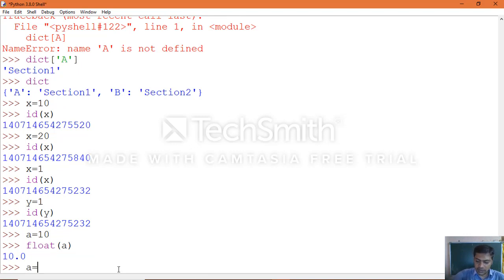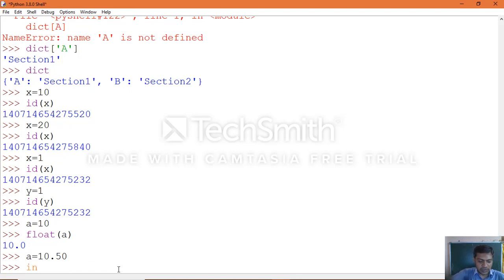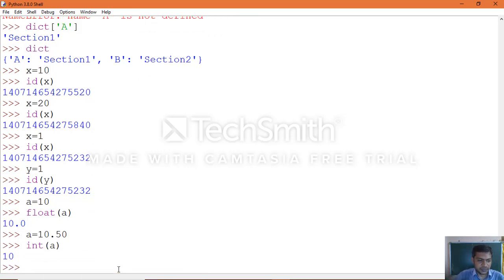Suppose a equal to 10.50, now you want to convert with int of a, which converts to the integer type. We assigned a float value 10.50 and then applied type conversion to convert float to integer.